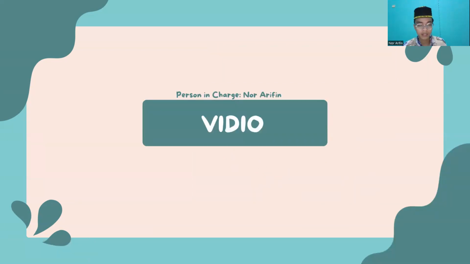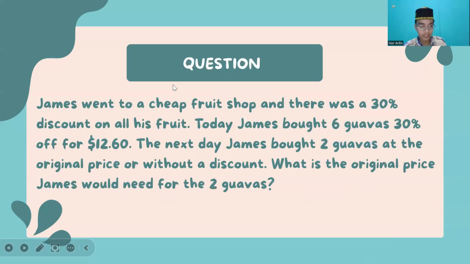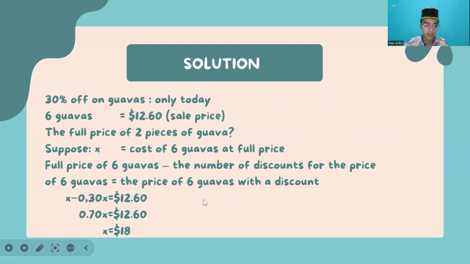Next, I will explain about the problem. The question is, James went to a cheap fruit shop and there was a 30% discount on all the fruit. Today, James bought 6 guavas at 30% off for $12.60. The next day, James bought two guavas at the original price, without a discount. What is the original price James would need to pay for the two guavas? The solution is